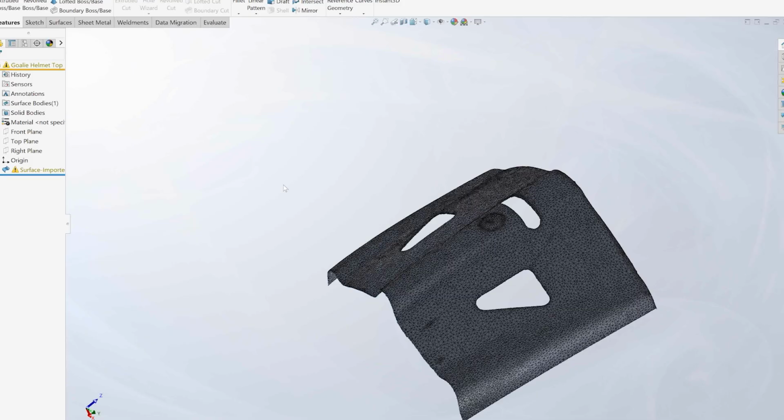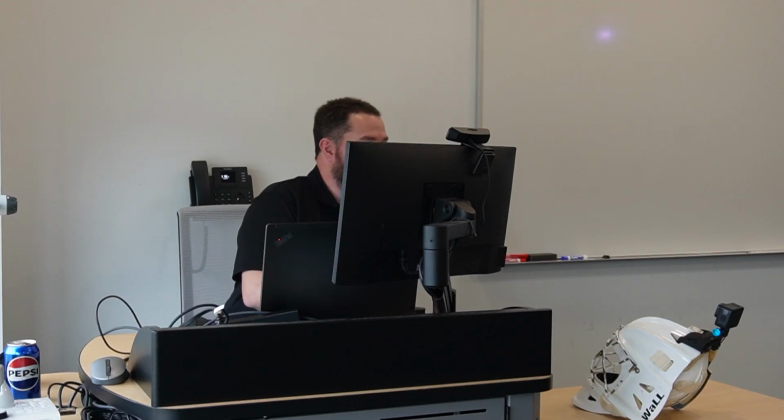So now that we have a usable scan that we brought into SOLIDWORKS, we need to figure out exactly what we're going to do with it. And this is where it kind of slices off from a scanning conversation into a surfacing conversation. Now, if you're not familiar with surfacing in SOLIDWORKS, there are a lot of nuances to it. It's something you definitely need to practice to get pretty good at it. But